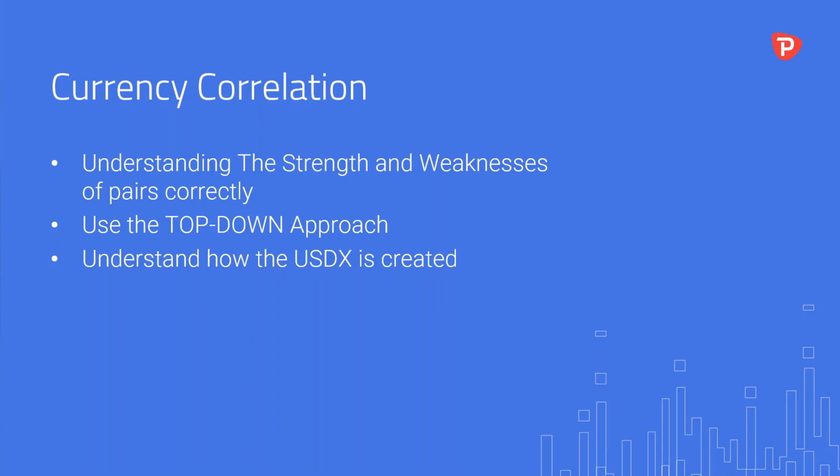And actually, even with the majors, sometimes people make the mistake of thinking that if they're trading the USD yen or the Euro USD or the Pound USD, you don't have to worry about correlation because everything's correlated to them. But actually, they are very, very important. So we're going to go through some of that and show you how to break that down and use a top-down approach to actually include the correlation as part of the process.